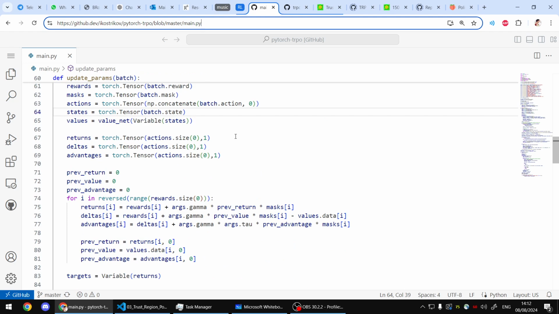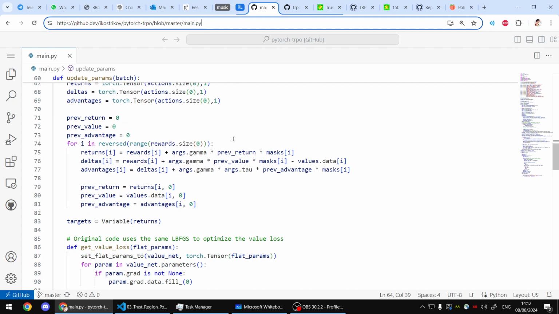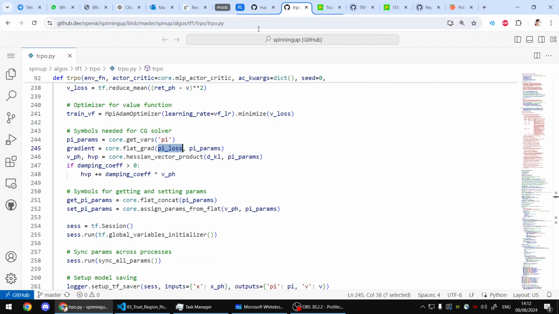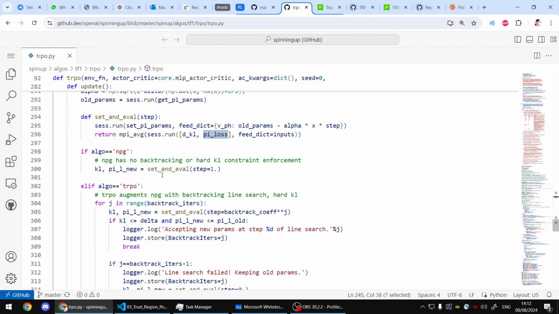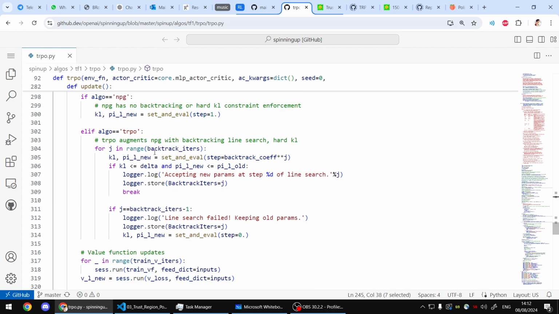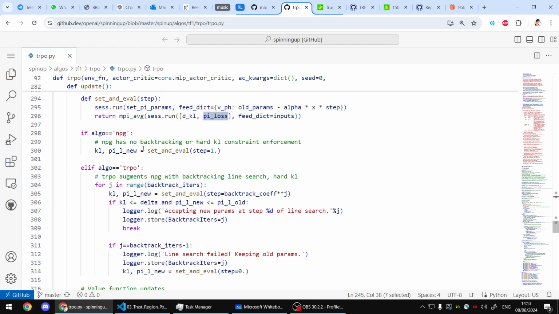However, his implementation is kind of short and lacks features, like handling cases where you have a discrete action space versus a continuous action space. In this case, only continuous actions can be implemented, while OpenAI has a selection of which approach to use, and whether to use natural policy gradient or trust region policy optimization. So yeah,